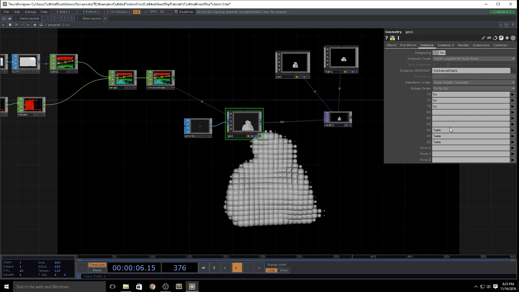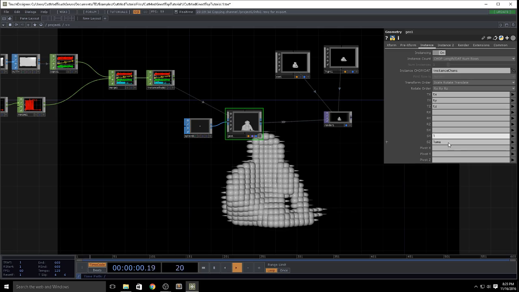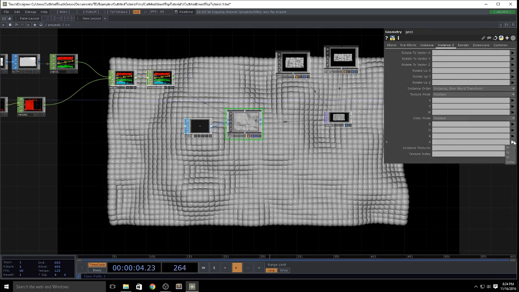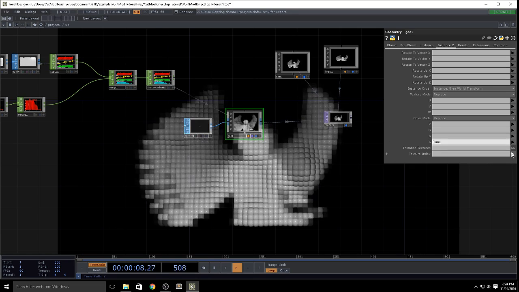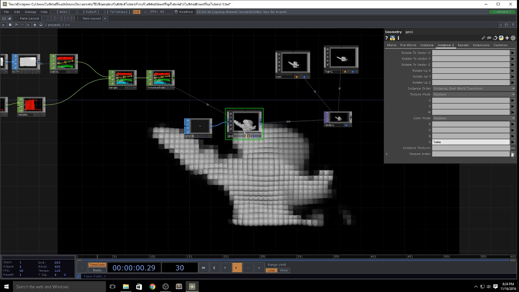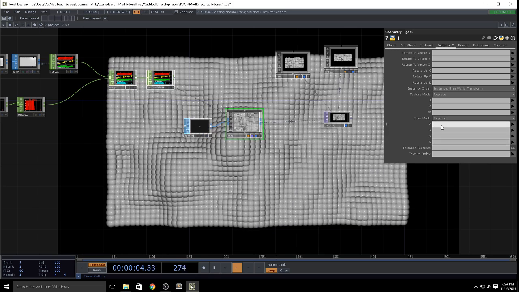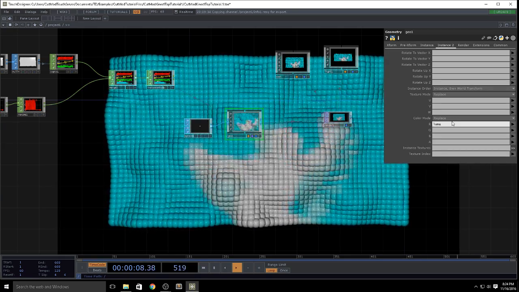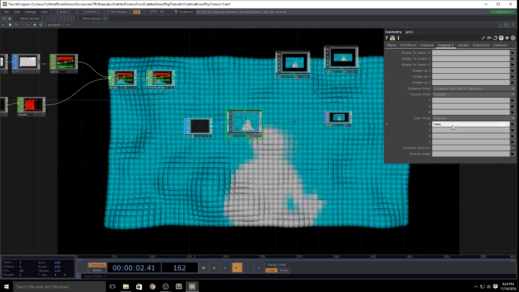One thing we could do here would be map our Luma, instead of size, we could map that to our alpha. Or to maybe just one of the channels. So as you can see, you can map that to